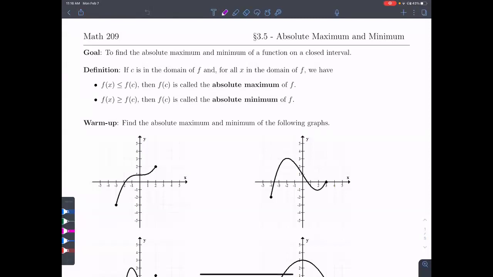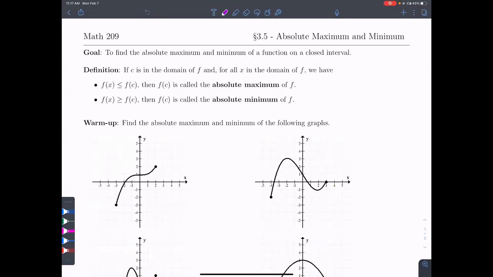Okay, so for section 3.5, we are looking at absolute maxes and mins instead of local. So instead of looking at a specific interval relative to the y values around it, we're looking globally. So these are called global or absolute maxes and mins instead of local or relative. And so we are going to do that. These are on closed intervals. That's when you look for absolute maxes and mins here, or we're looking at absolute maxes and mins on closed